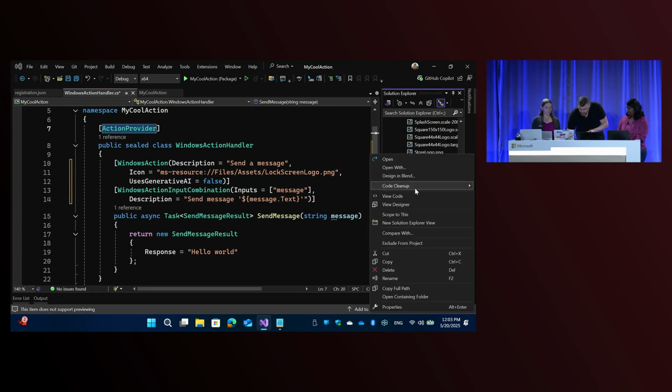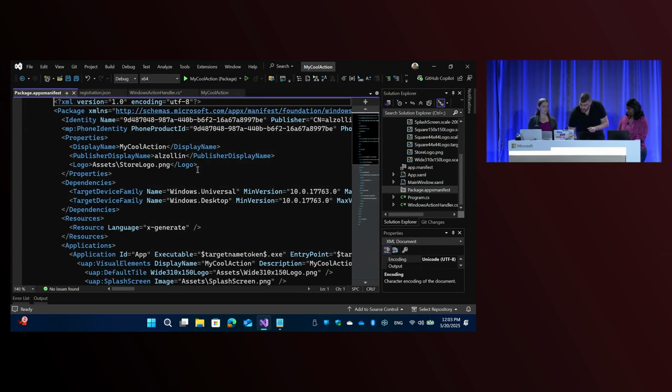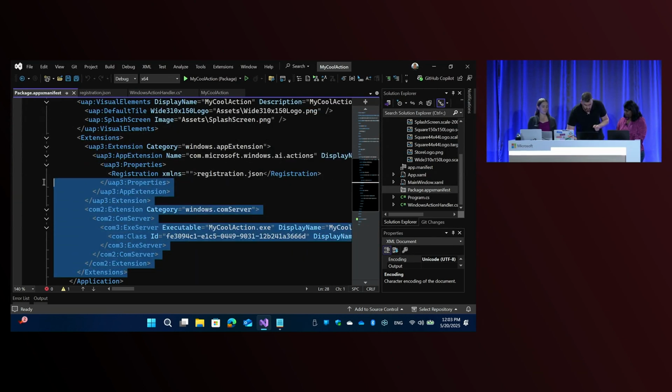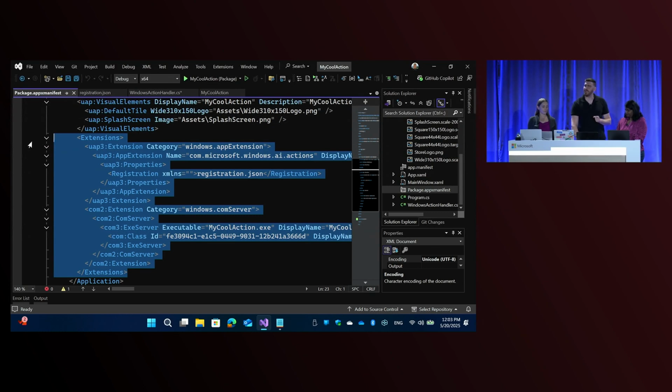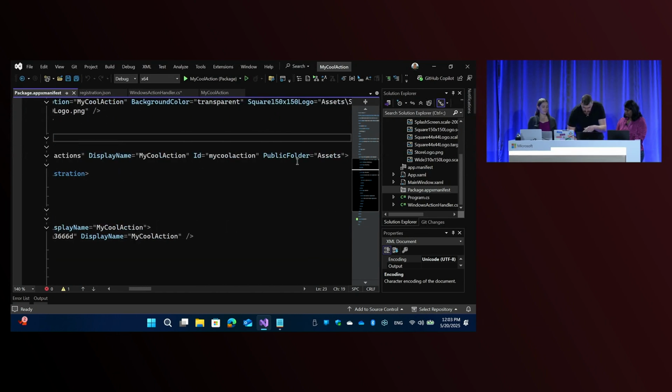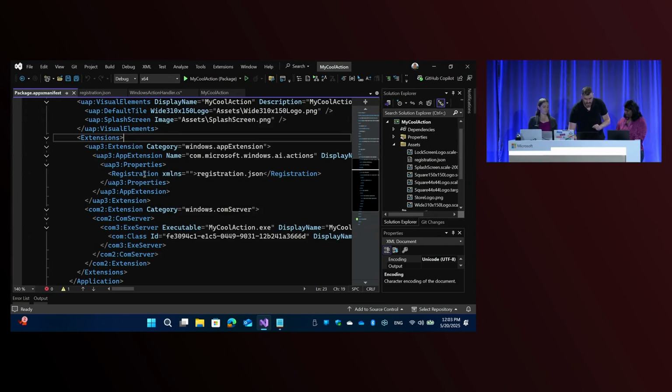So if I right-click on my project here, just open on the Apex manifest and show you that, you will see that we added a couple of things. So 2 extensions were added to my Apex manifest. The very first one is this COM Microsoft Windows AI Actions, and it has a display name, it has a public folder assets, so external applications can actually access this registration.json file, and I'm literally just setting one property called registration that points to that registration.json file.